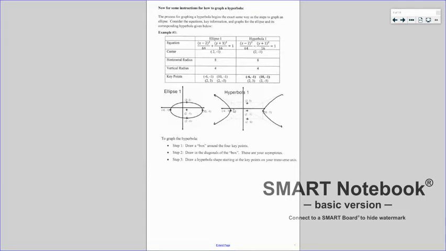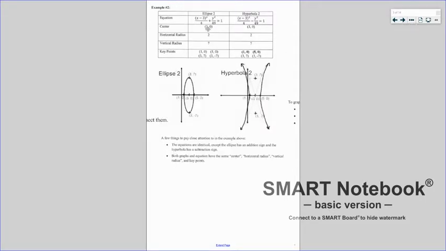So that is telling me that it's going to be the left and right facing. So this key point I picked over here, that's actually a part of my hyperbola, as is the one on the right side. These two, top and bottom, are really helping me draw my rectangle to help find those asymptotes. So opens left, opens right, and that's the steps to drawing the hyperbola. Next one,